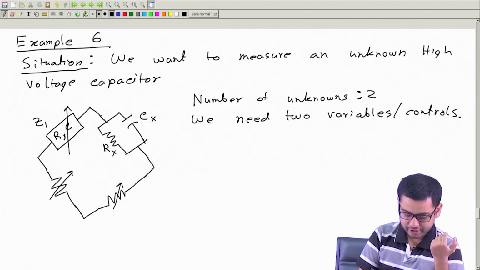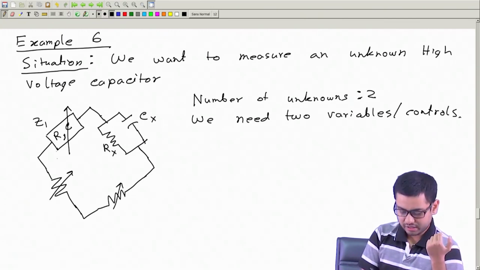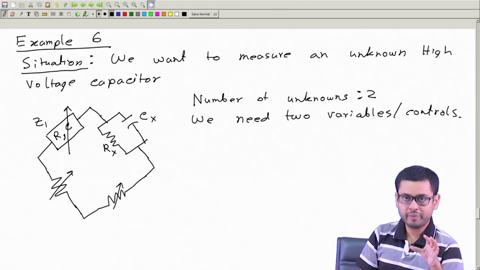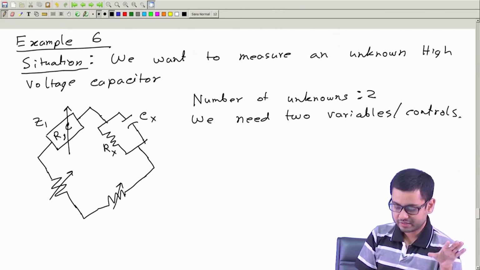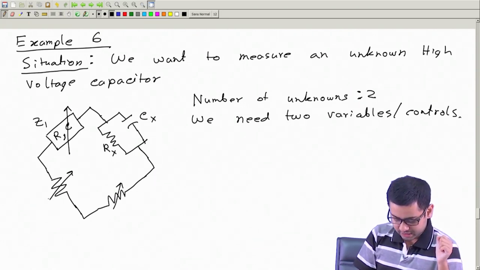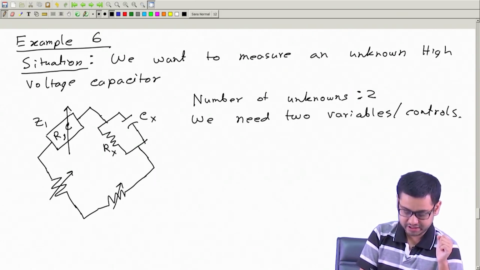So we need not vary all these R's. I mean, these are this C, these are this C. There are too many variables. We may keep some of them fixed, no problem. But definitely we have to vary this capacitor,